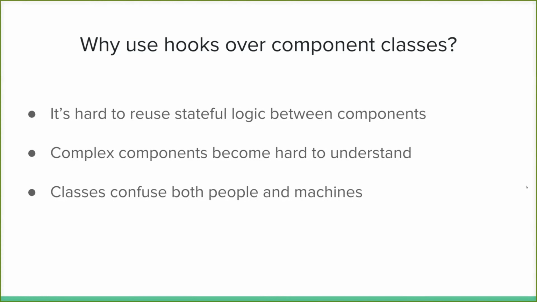And I also think classes can confuse machines. So minifiers and transpilers have a lot of trouble with classes still, partially because they're so new and there hasn't been time to optimize for these things. But right now, your bundle size could be slightly smaller if everything was functions instead of classes. Don't hold me to that though, because if you add in the React Hooks API, your bundle will actually probably get a little bit bigger. Anyway,